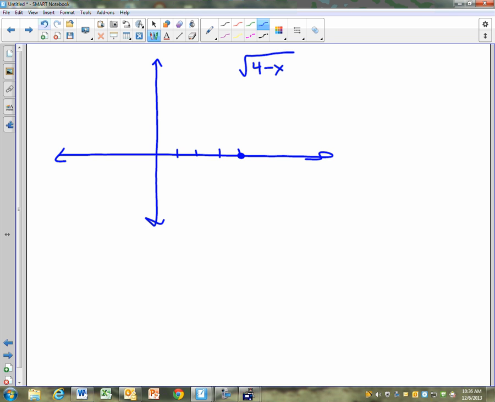It starts here, and it goes this way. Now we were finding the linearization at what value? X equals 0. So as you look at this drawing, everybody,